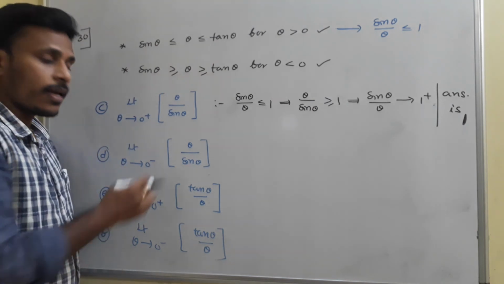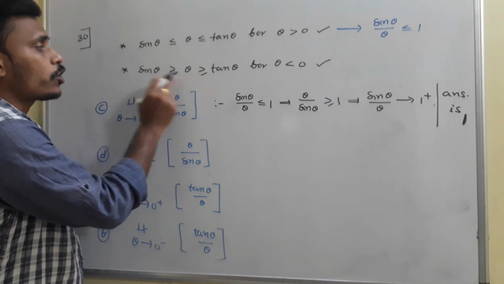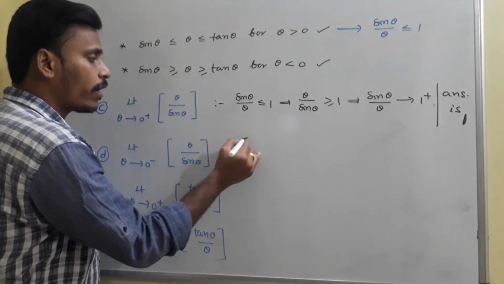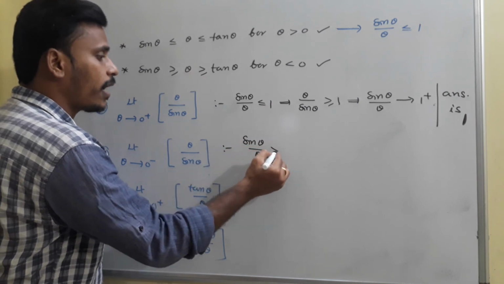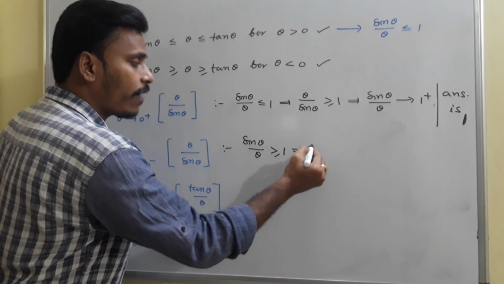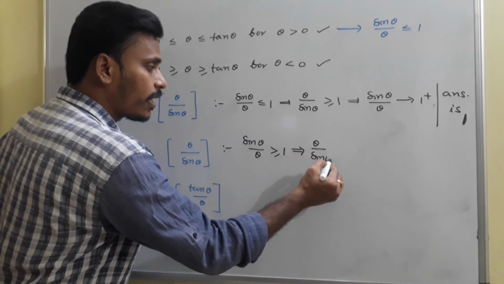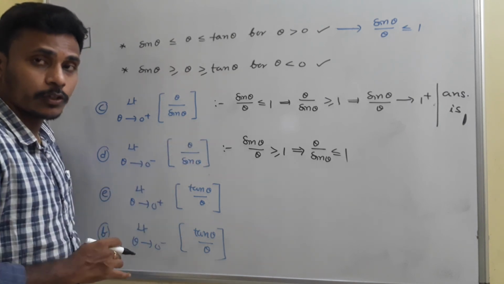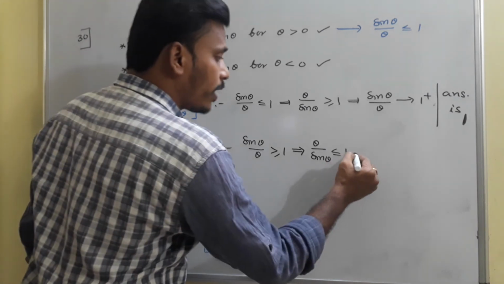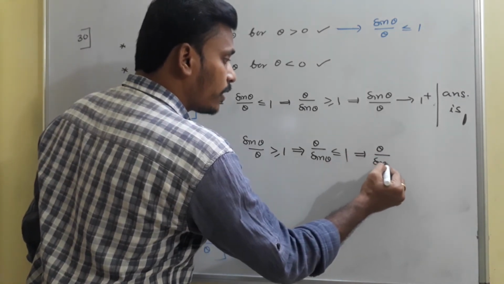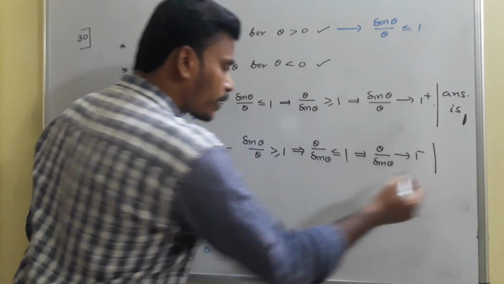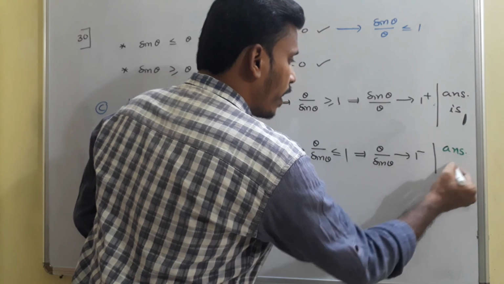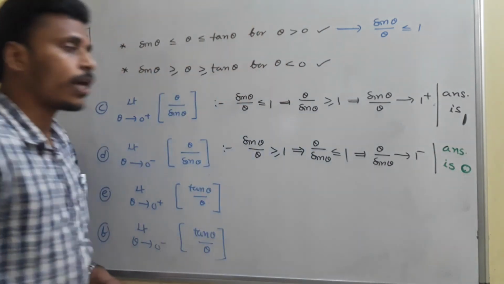Then think about the next one. Again theta by sin theta. For this situation, sin theta is greater than or equal to theta as theta tends to 0 minus, negative. For this situation, sin theta by theta is greater than or equal to 1. So from there I will conclude that if you reciprocate, theta by sin theta is less than or equal to 1. As theta is tending to 0 minus, what will I conclude? Theta by sin theta is tending to 1 minus. And since it is tending to 1 minus, our answer is 0. Step of a number which is less than 1, so the answer is 0.